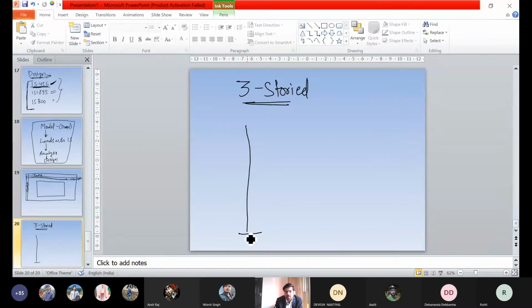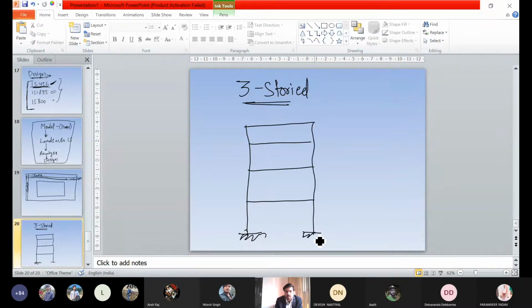If this is the ground, this would be the ground floor, this the first floor, this the second floor, and the third floor. Correct? So this is G plus 3: ground floor, first floor, second floor, and third floor.